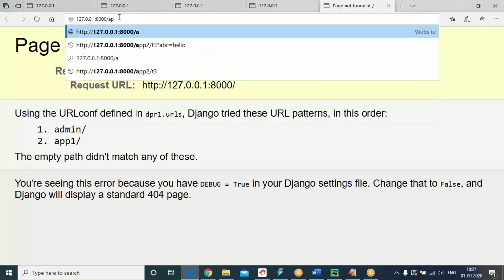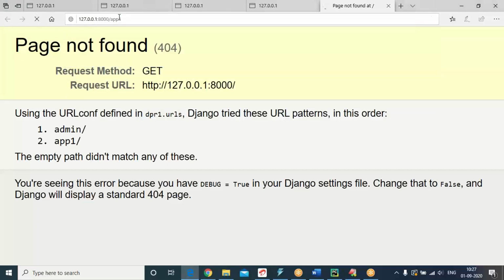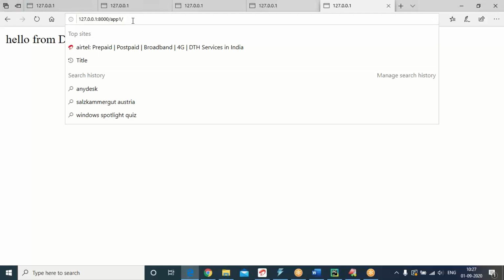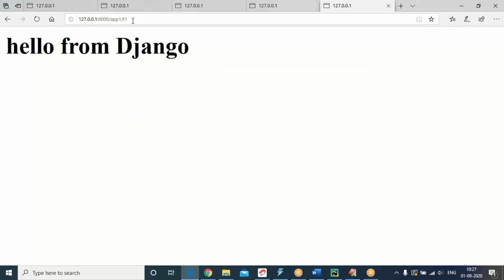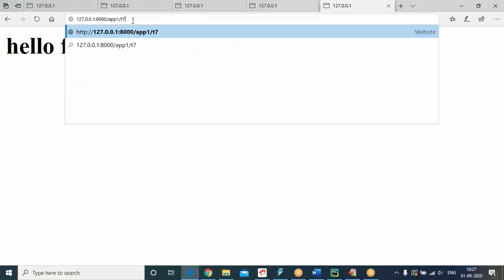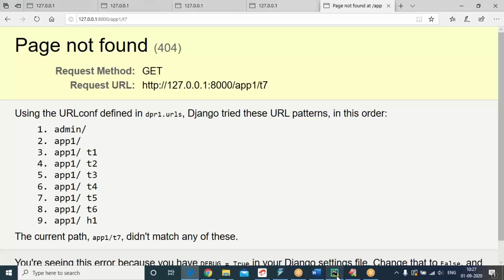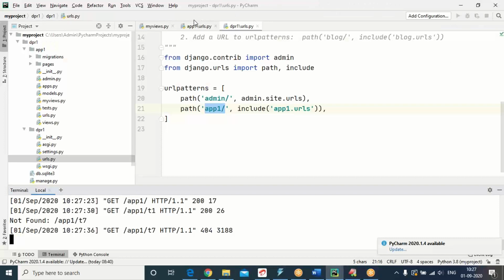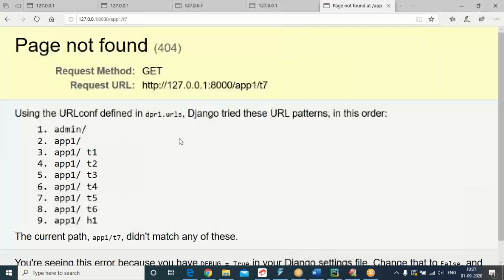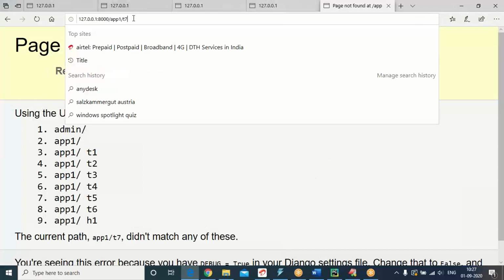Inside this, go for app1. Inside app1, there is the default. The default is executing. Go for T1. Go for the last one, T7. I think T7 is not there. H1. The last one is H1.